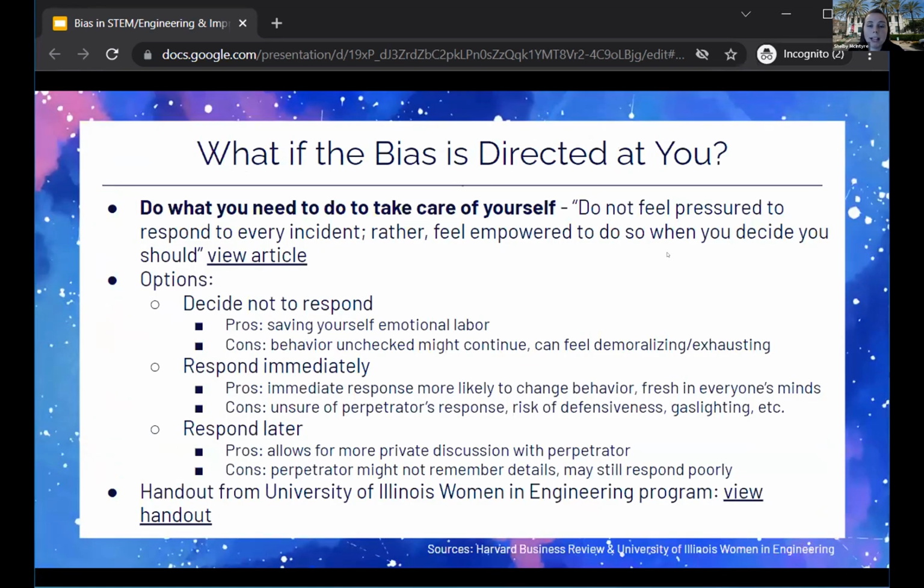And then what if the bias is directed at you, right? A lot of us here might have experienced bias directly. So we're not talking about bystander intervention because we're not the bystander, we're the target. Really, just do what you need to do to take care of yourself. There's no right or wrong answer, unfortunately, because we don't know how we're going to react when we're targeted by bias or inappropriate comments. So don't feel the need to respond, but really do know that if you want to,